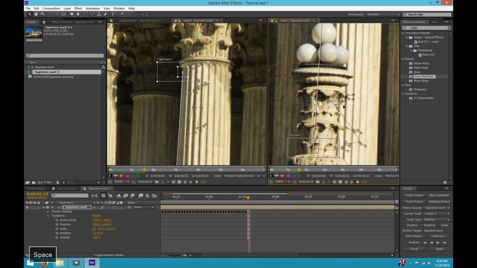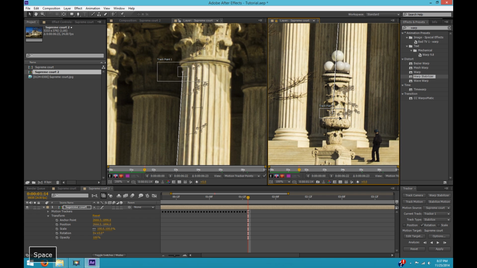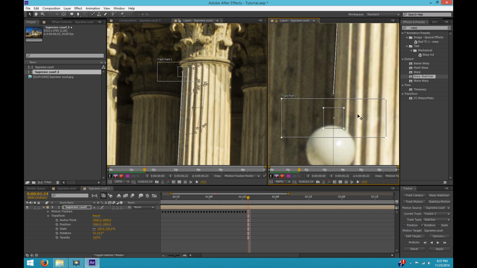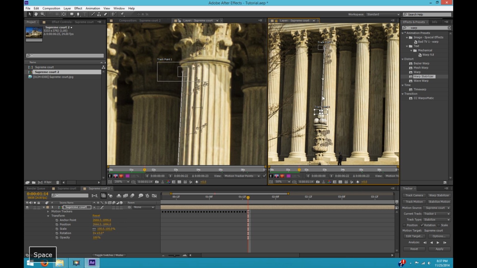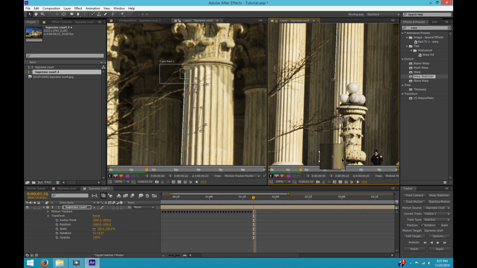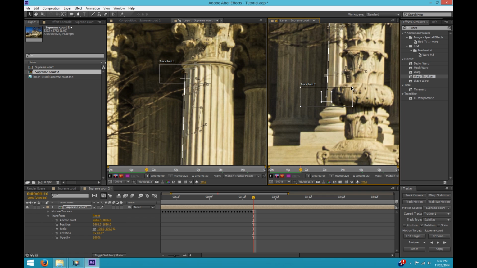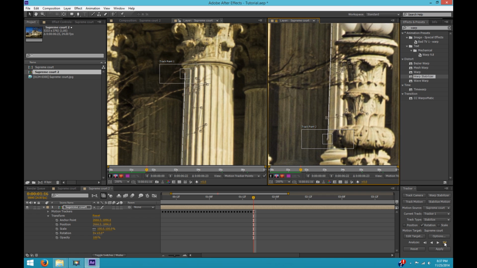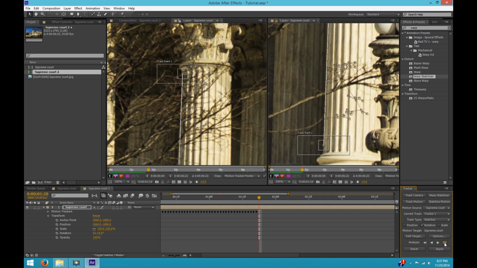Now at this point, my bottom tracking point is blocked behind this thing. Oops, undo that. It's fine, I can just move it up the pillar. I still have a pretty sizable vertical line here to work with. And I'm going to move it back down as soon as I get past that obstruction, just so that I have the longest line I can for more accuracy in the rotation stabilization.